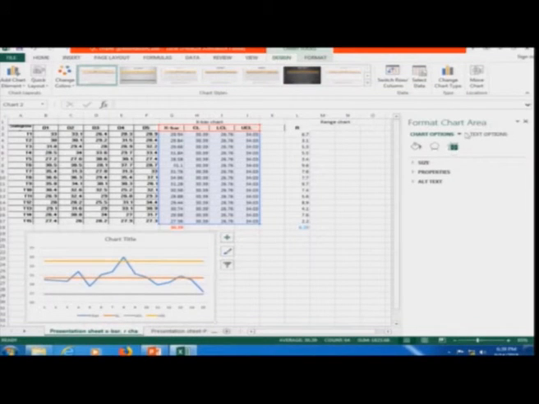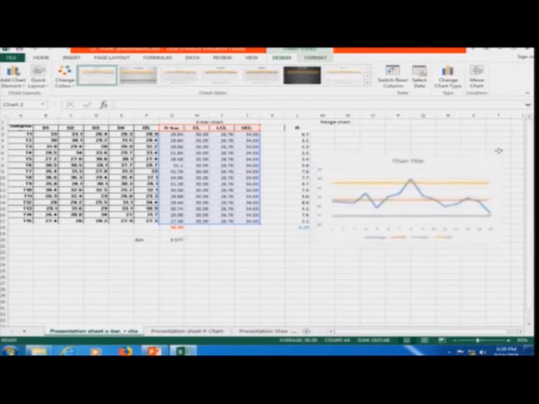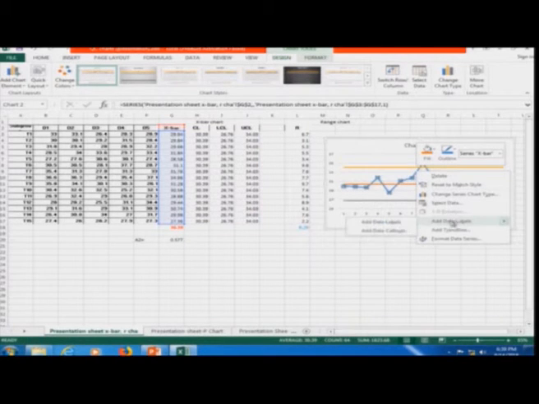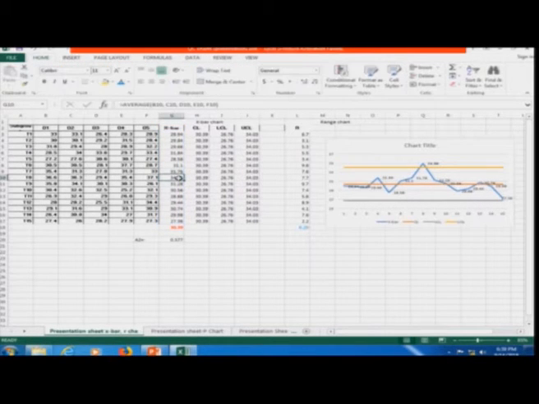Before that, I will put the data labels here, add data labels. So, this value which is out of control is 34.96, which is the 8th value.